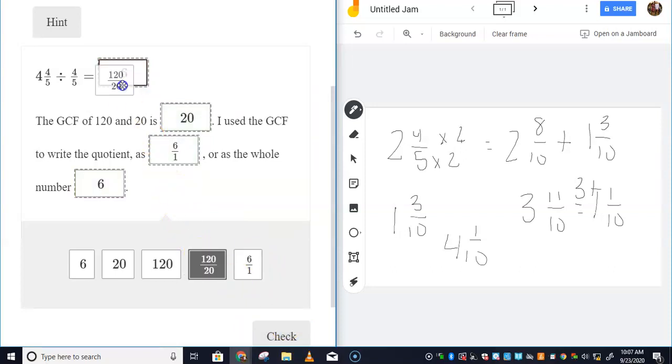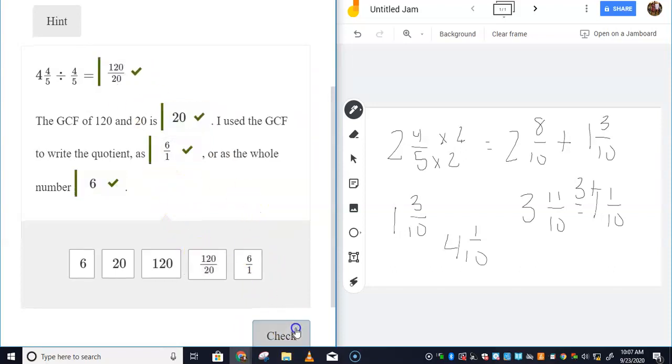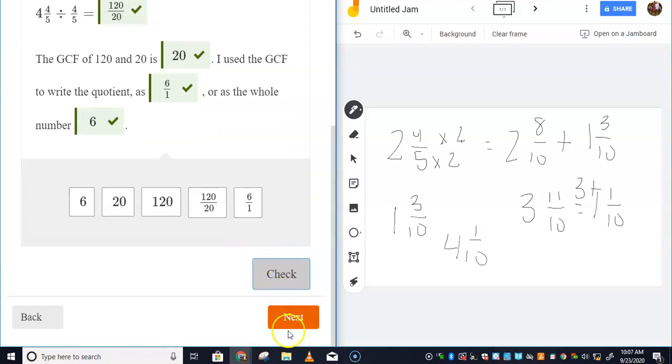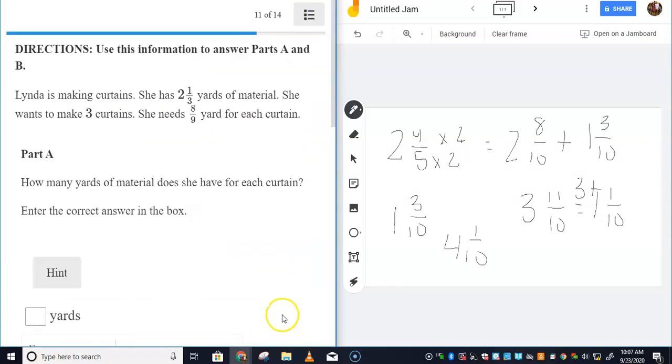And I guess up here they wanted 120 over 20. So that's what we got there. Okay,